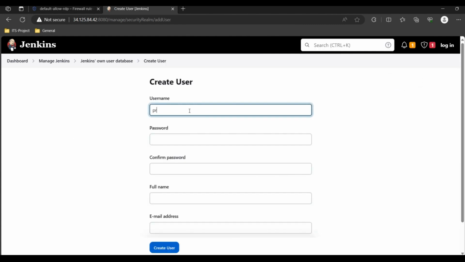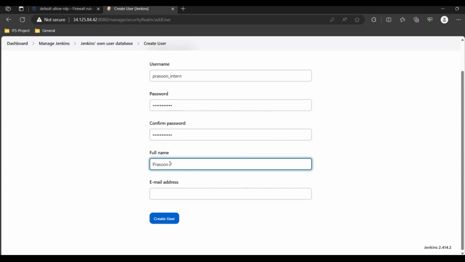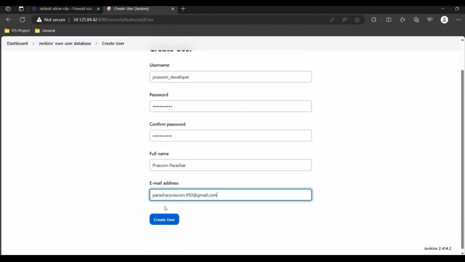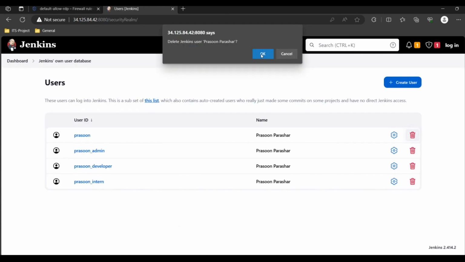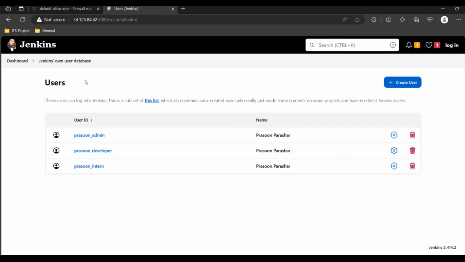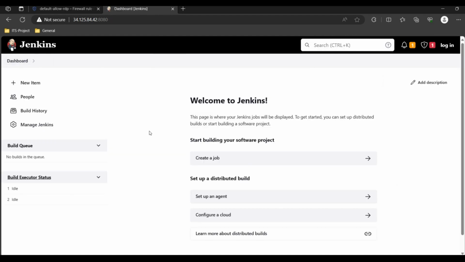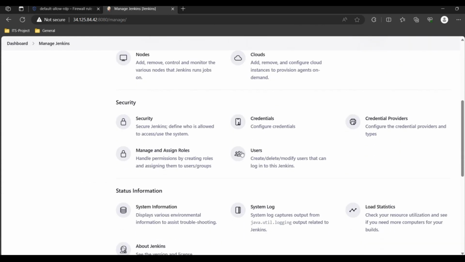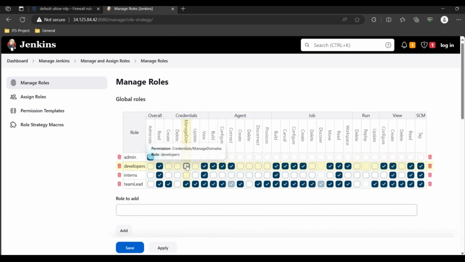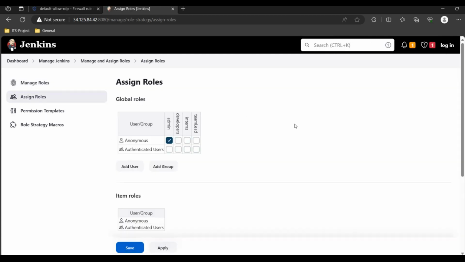Here we will create some dummy users and assign roles to them, like Prasoon intern, Prasoon developer, and Prasoon admin. Now give roles to all three of them. Go to manage and assign roles. Click assign roles, add user,